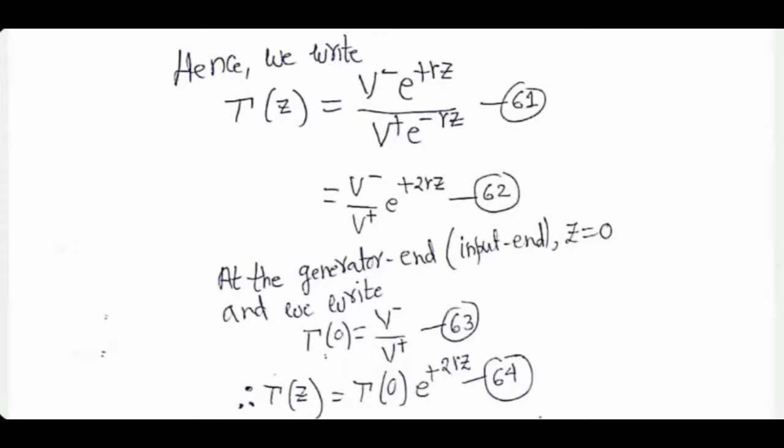By the way, let me give you a very clear warning that you will never be able to figure out, in most cases, the exact values of V minus and V plus. It is always the ratio that matters. Actual value of V plus and V minus will depend on how strongly you are feeding the signal. How strong is the signal being fed to the transmission line? Is it a high voltage? Is it a low voltage? Depending on that, the actual values will be determined. But the ratio is more generic. That's why we are looking at the ratio right now.